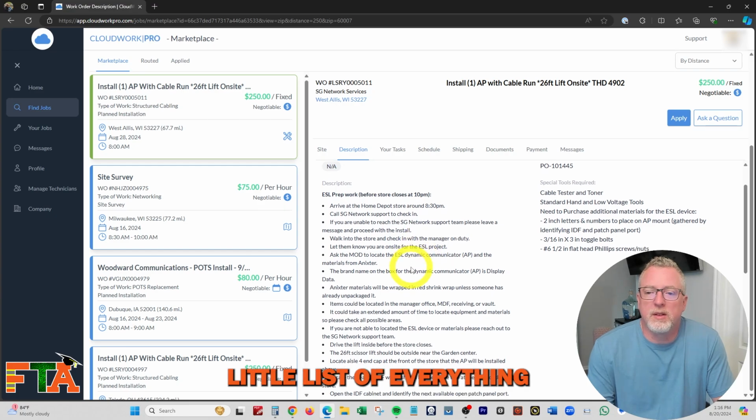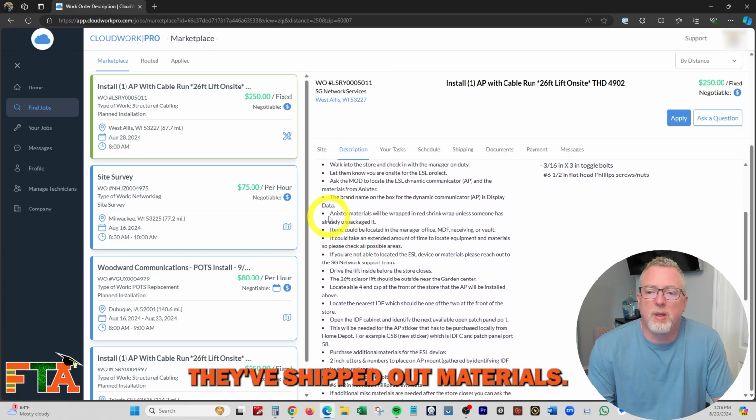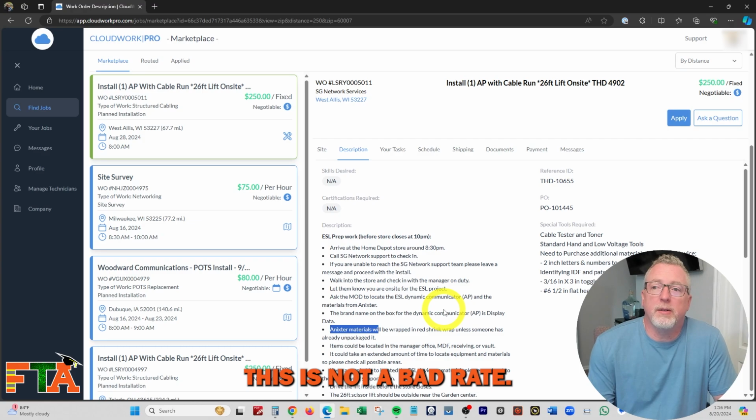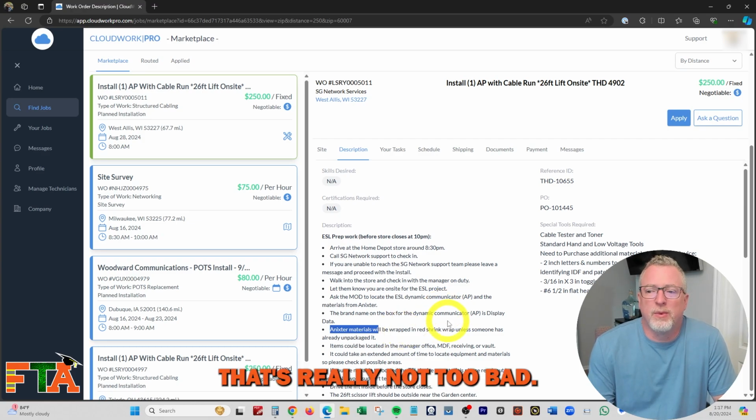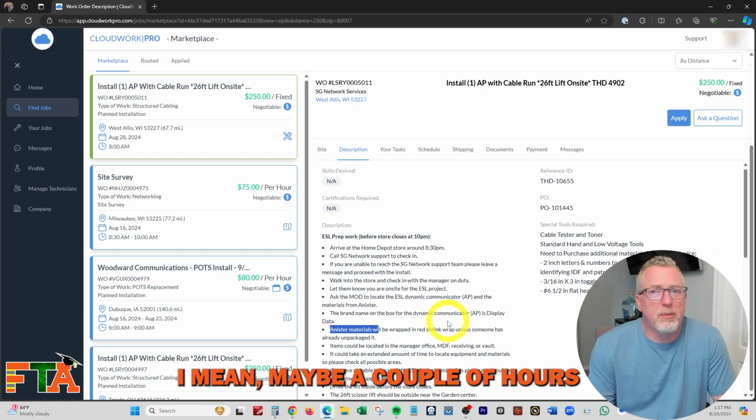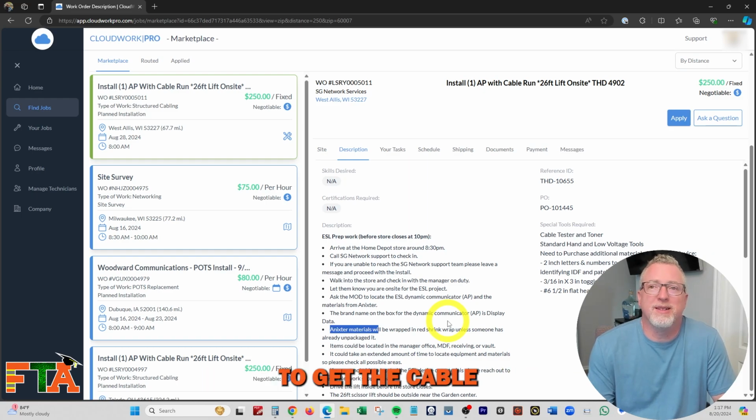Gives you a pretty good little list of everything that needs to be done. They've shipped out materials, looks like. So it's not a bad rate. One AP, it is after hours, but for $250, that's really not too bad. I mean, maybe a couple hours worth of work, depending on how hard it is to get the cable through